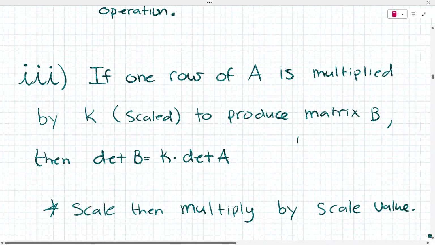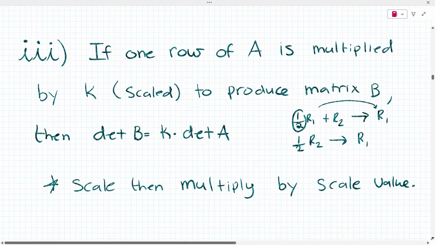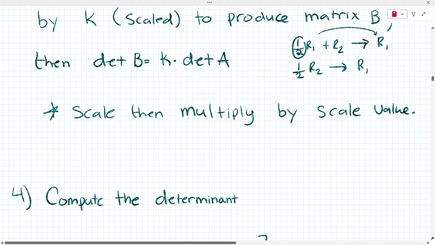So for example, 1/2 row 1 plus row 2 gives you row 1. Okay, that changes it, because you're multiplying by a scalar, and it's 1/2 times row 1, and it's still messing with row 1. Now, what if it was 1/2 row 2 and that gives you row 1? So this scalar is not going with row 1, so this does not change. So scale, then multiply by the scale value. Okay,